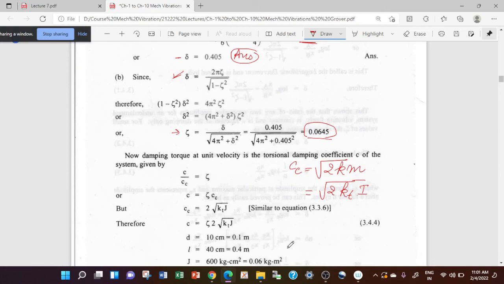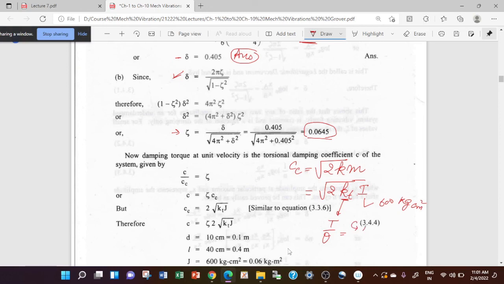So here you need to find Kt first. I is given. It is 600 kg centimeter square. To find Kt, which is nothing but torque upon theta, it is given by